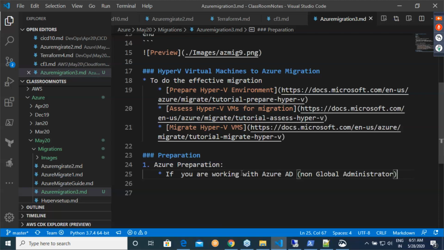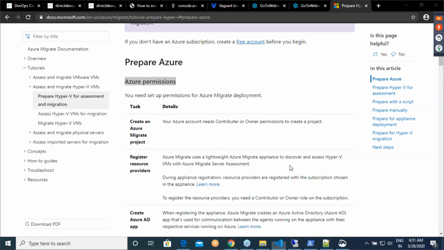What I'm trying to tell you, you need to deal with permissions. You need to set up permissions.